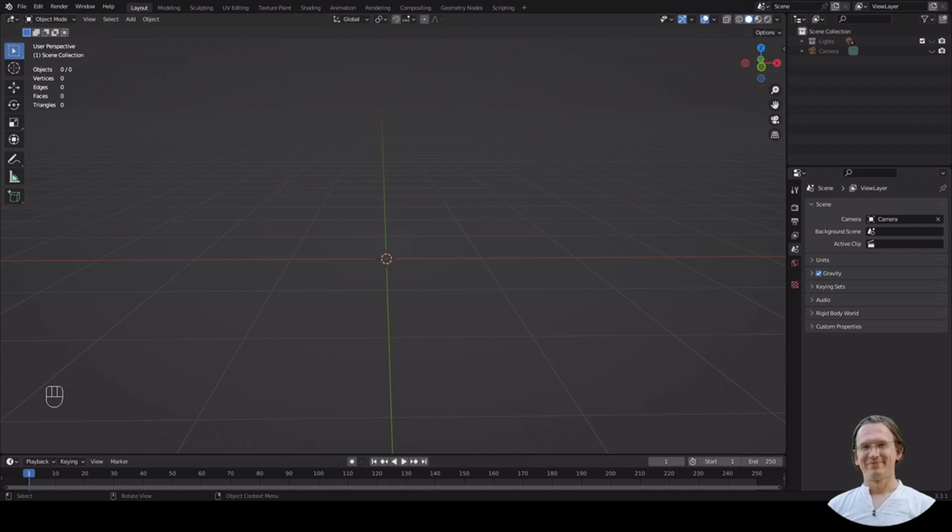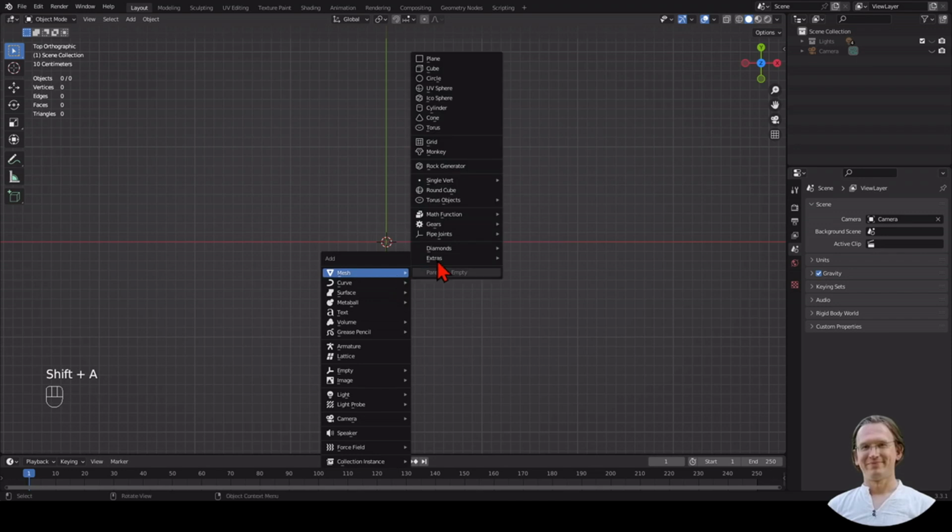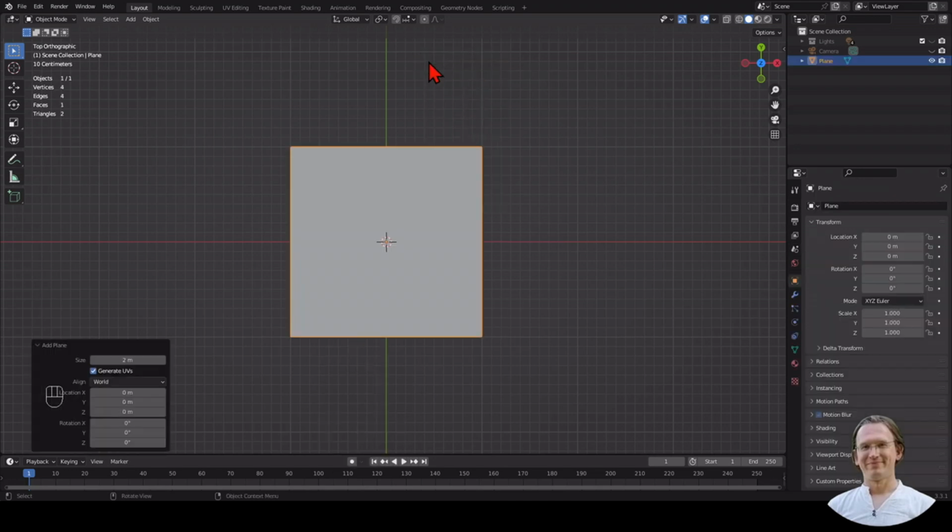So we have a new scene with a camera and some lights, and we also have our object mode. We go into top view by pressing numpad 7 and we create a new mesh. We create a square,